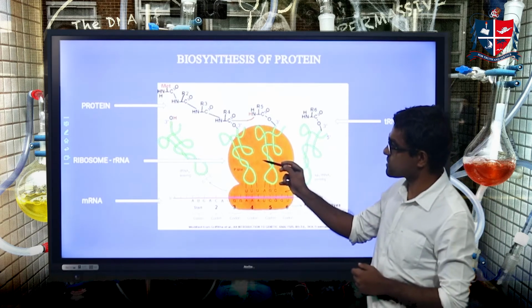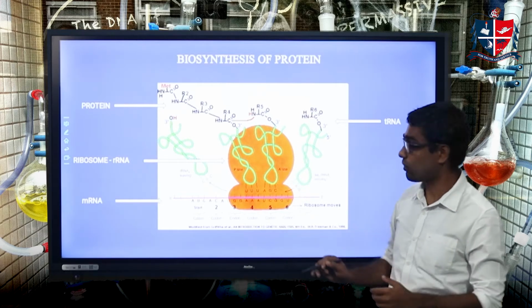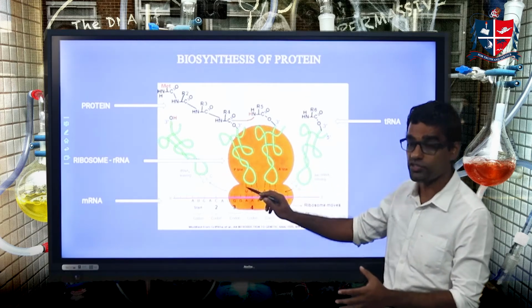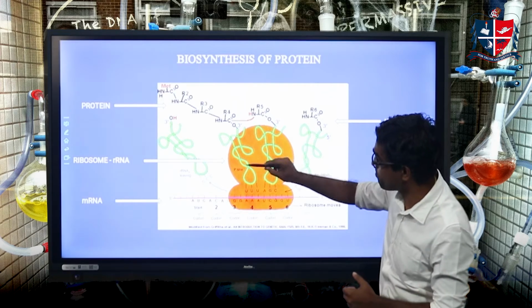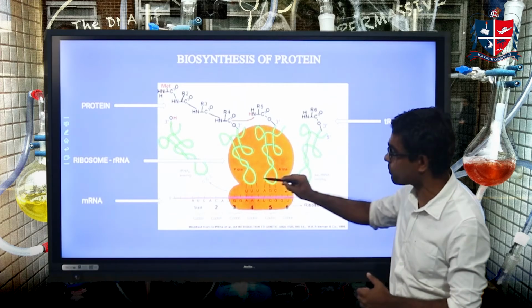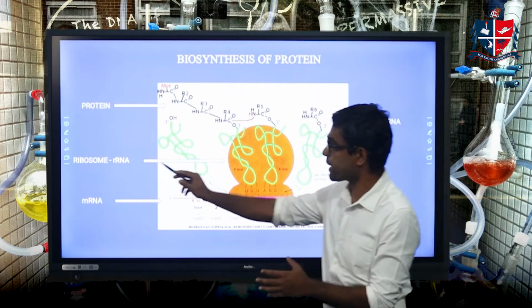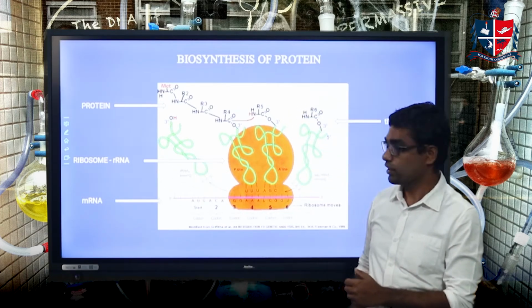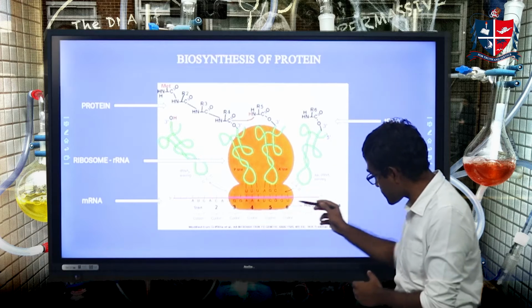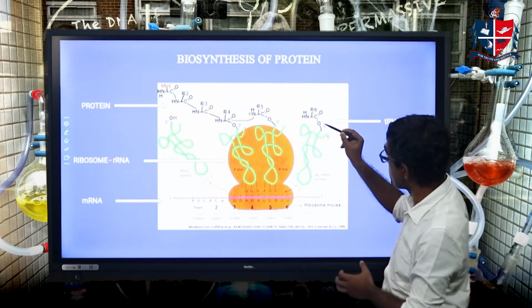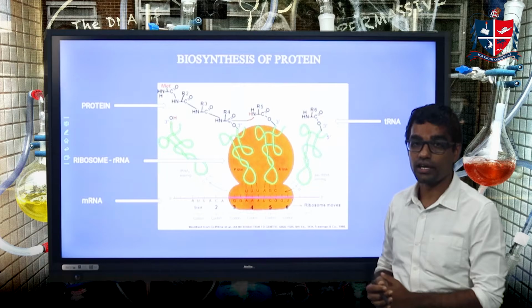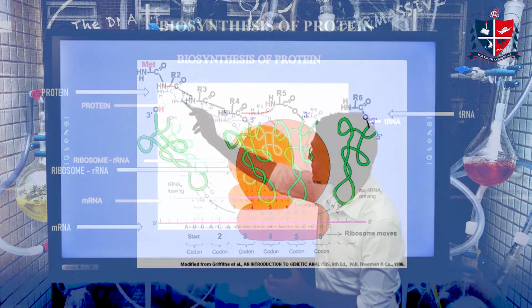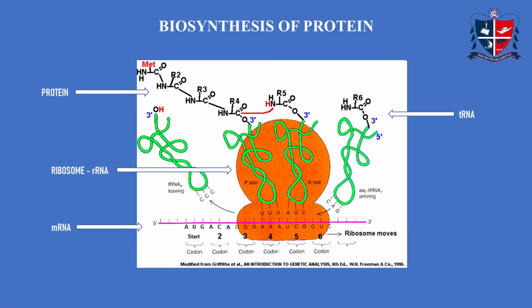Here you can see a pictorial representation of the ribosome. What you see in orange color is the ribosome. This is the big ribosomal unit. There is a small ribosomal unit. And the ribosome is made up of ribosomal RNA. Then you can see a messenger RNA, and tRNA, transfer RNA. You can see the peptidyl tRNA, where the peptide, the protein, is. So this is the structure of the ribosome where protein synthesis is occurring.